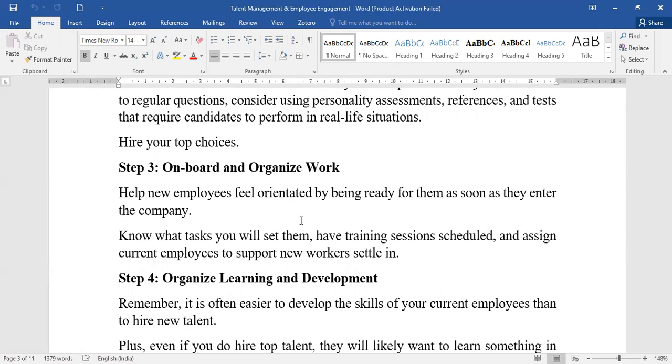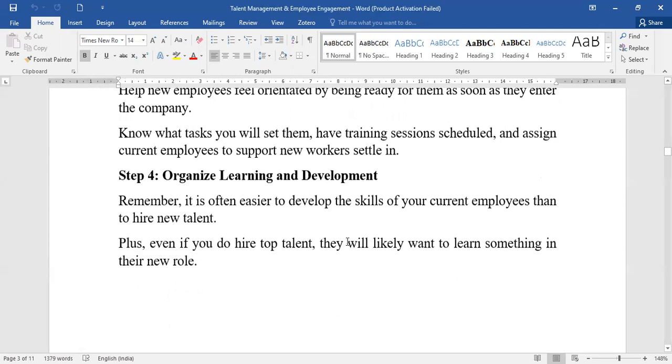So your onboarding and organization should really work out well, so that employees know, okay, this is what happens in an organization. Then organize learning and development. You need to understand in which phase the employees need organizing, which learning, and in which phase they need development, who shows signs of development, and how to take them ahead and ensure that the development process is continuous. All these things are very important.